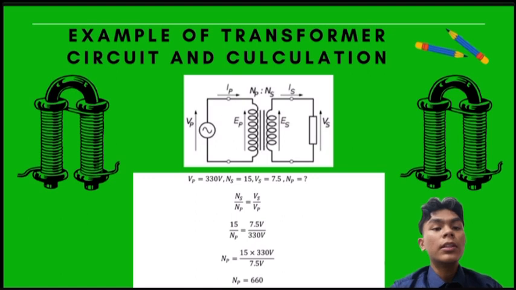On this slide, we can see a transformer circuit, where on the right side of the circuit is the secondary winding because it has a smaller number of coil turns, and on the left side is the primary winding because it has a large number of coil turns. Based on this circuit, we can make a calculation to find the number of turns of the coil on the primary winding